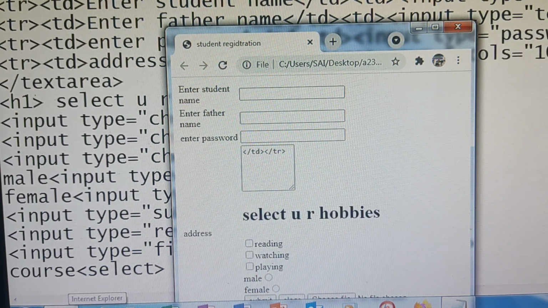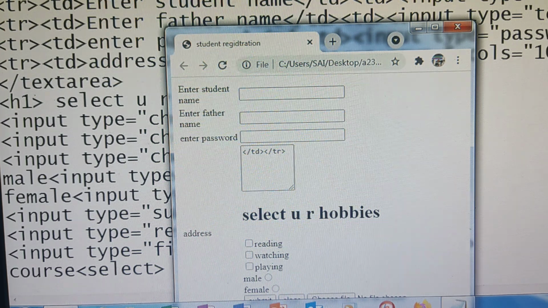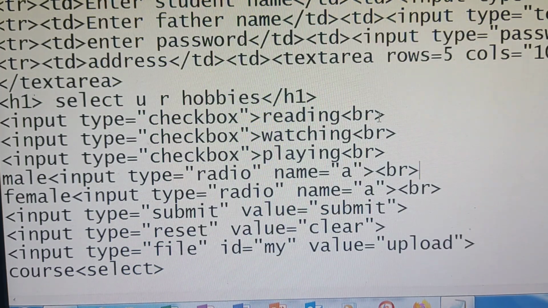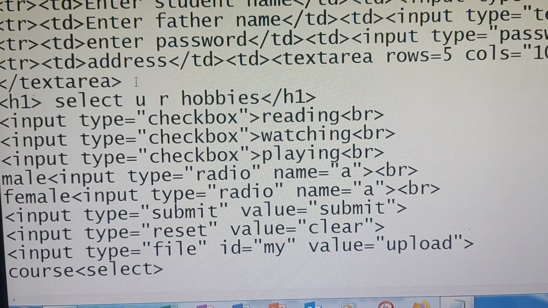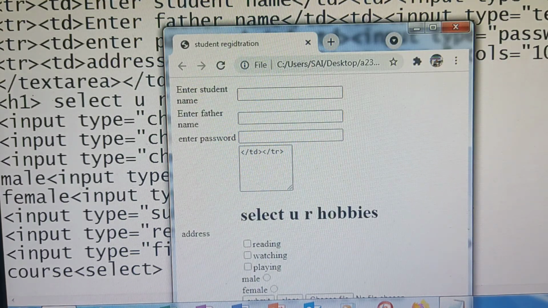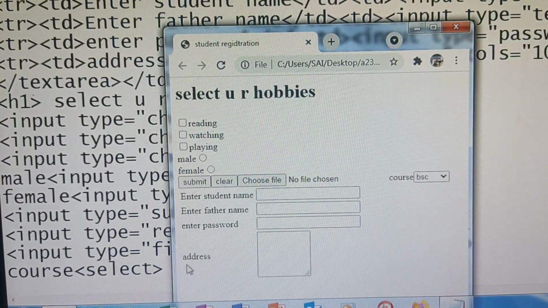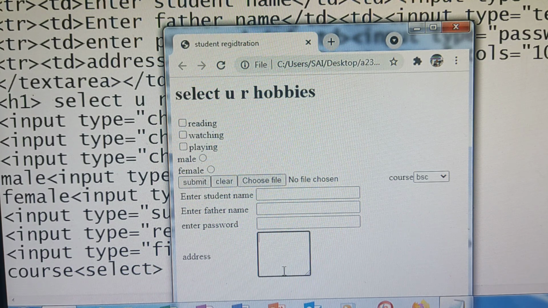See, enter password, enter father name. You can see something went wrong here. Text area. After the text area, we are supposed to close, no? The text area is closing. See it. See at the bottom, address, and this is a text area.